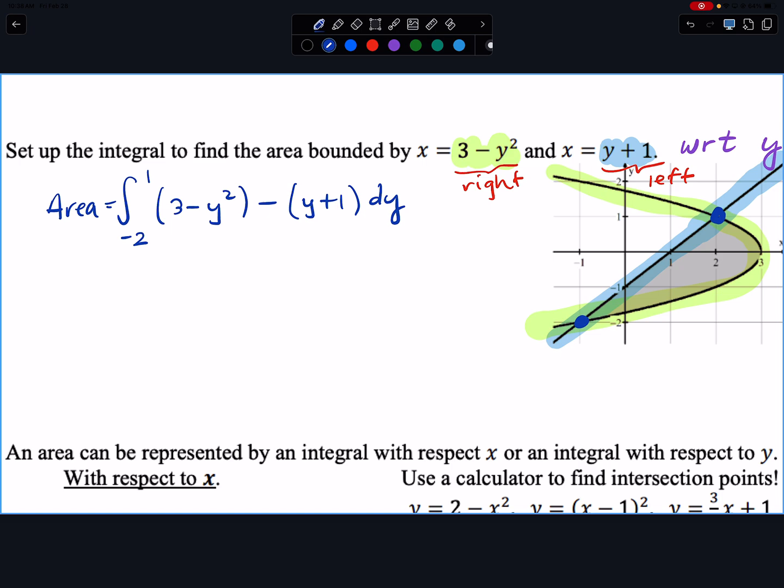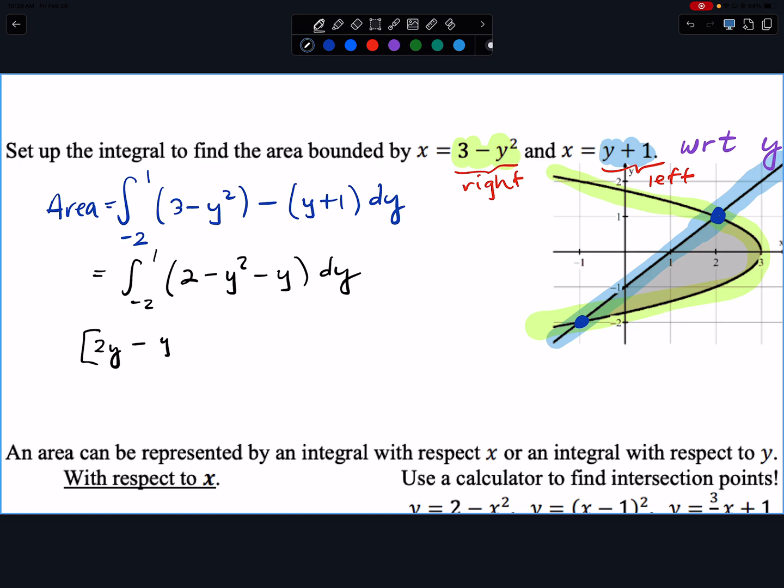Okay? All right, let's actually practice doing this by hand. So let's simplify. Distribute the negative. So this is going to be the integral from -2 to 1 of... Do you agree that this will become -1? What's 3 minus 1? 2. So 2 minus y squared minus y dy. Nothing changes, I'm just finding the antiderivative. What's the antiderivative of this? 2y